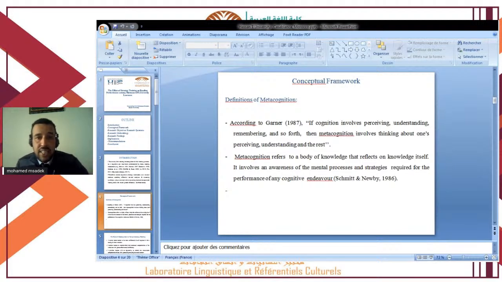Now, there are many types of strategy instruction, such as, for example, explicit strategy instruction, implicit strategy instruction, reciprocal teaching, and self-control training. However, explicit strategy instruction has been adopted by many researchers and scholars in the field of academia because it is in fact useful and worthwhile in trying to strengthen or consolidate university learners', or AFL learners', metacognitive knowledge about reading strategies.